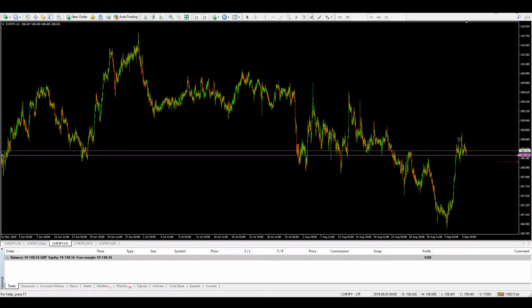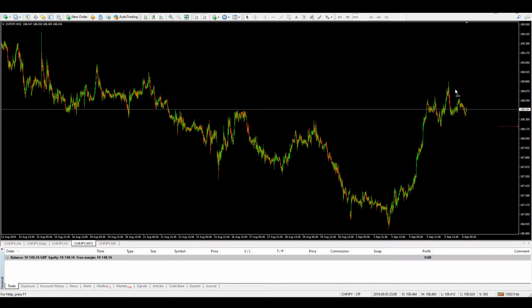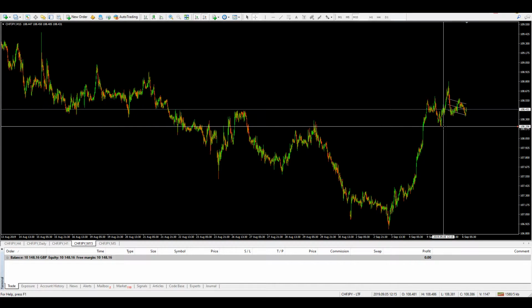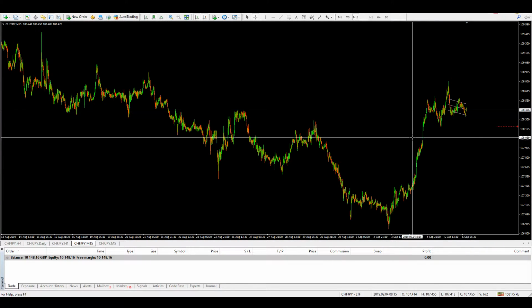So, let's see if it works better on the 15. What I'm trying to see, this is on the 15-minute, is the price break these lows, which would mean that our standard deviation channel would extend, giving us some context to potentially get short on this should the price pull back to the average or the upper edge. But really the pivotal point is seeing it move past these lows here and pull back,